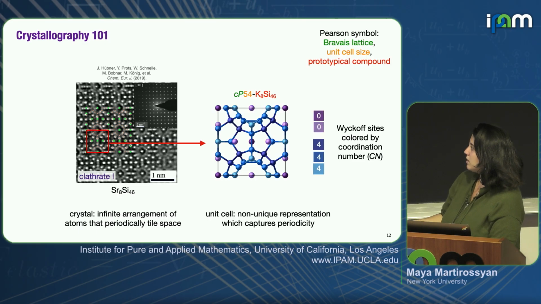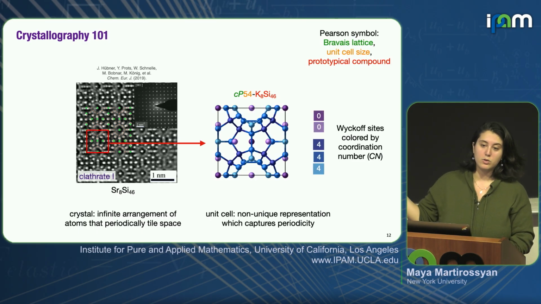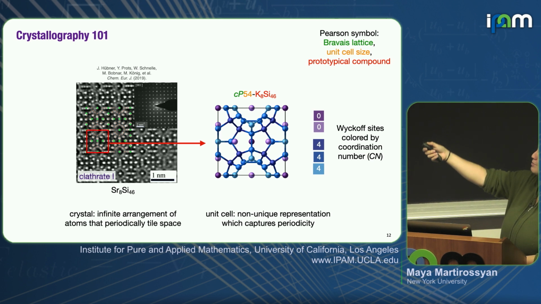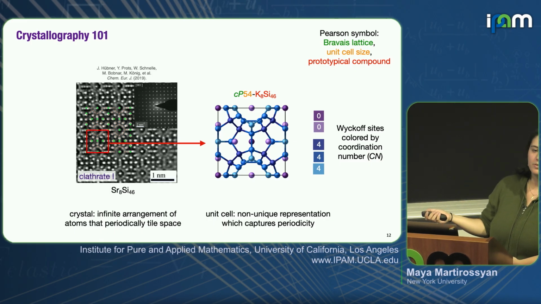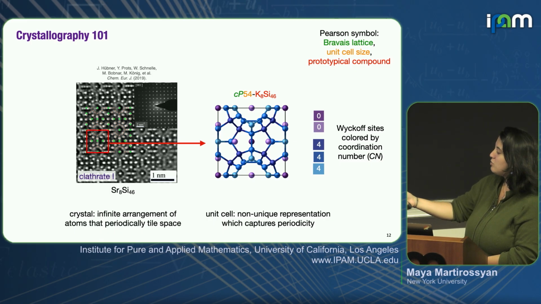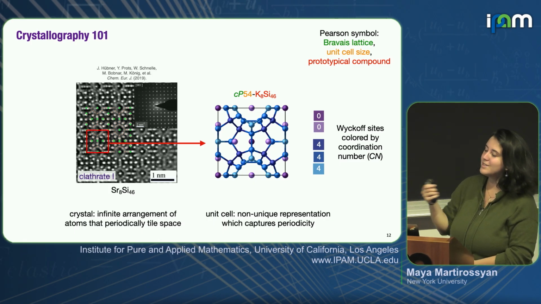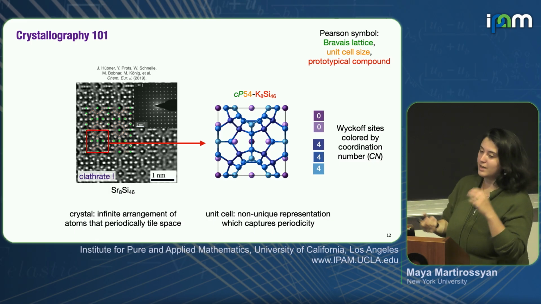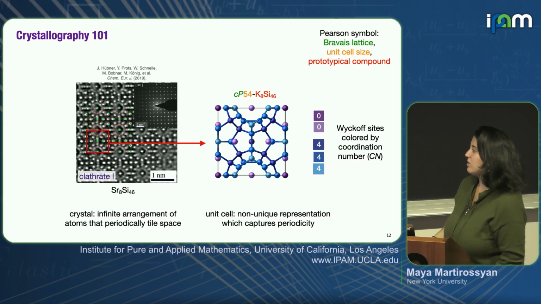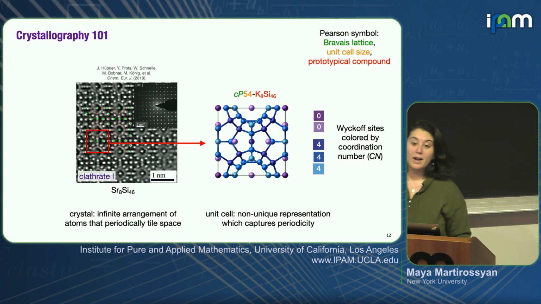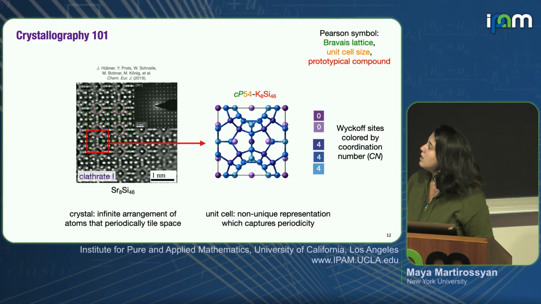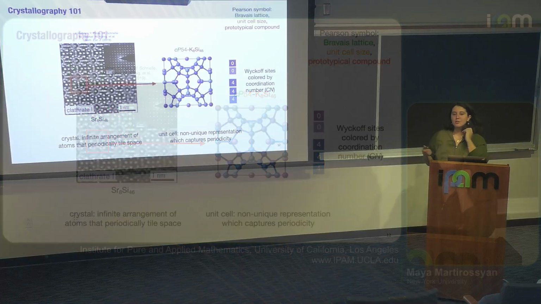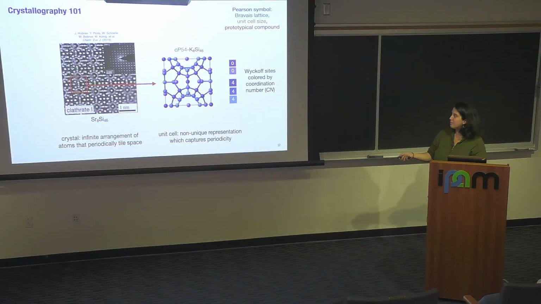The representations we use to talk about our materials are unit cells. Here I have this notation, but you can ignore it; I don't think it's important for the purposes of the talk. But it's important to mention that the unit cell is a non-unique representation. Often, crystallographers prefer representations that contain all the symmetries that exist in the crystal. So this is actually a bit more maximal than you need. It's a bit bigger. Anyway, I won't talk about this too much. It'll come up later, but that's an important thing to recognize.